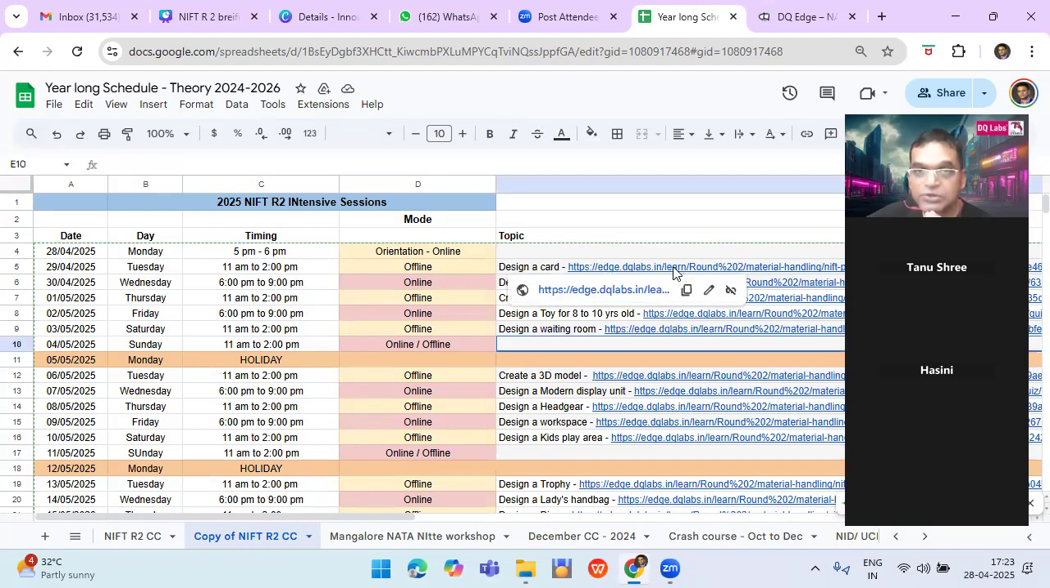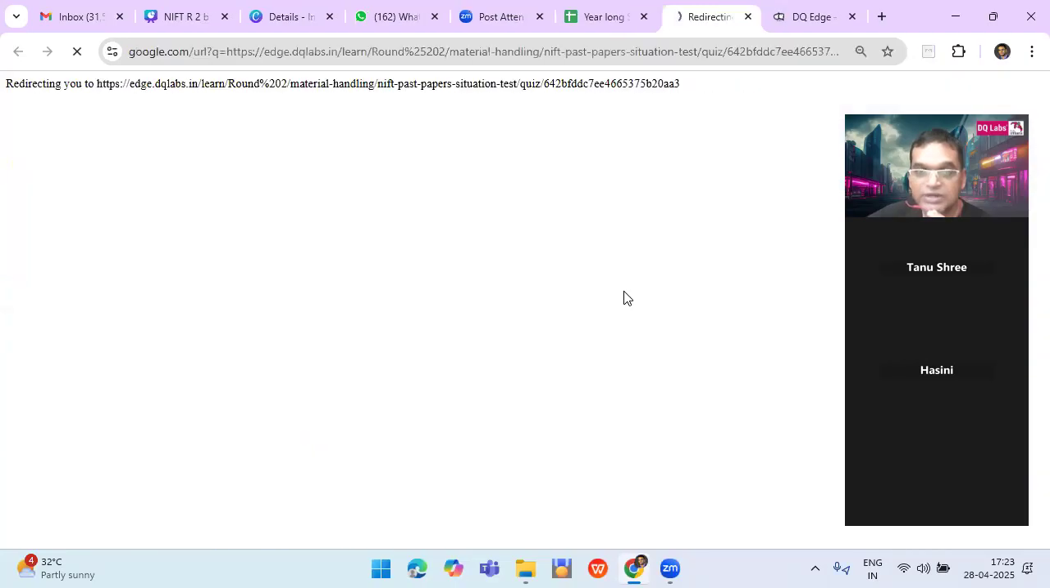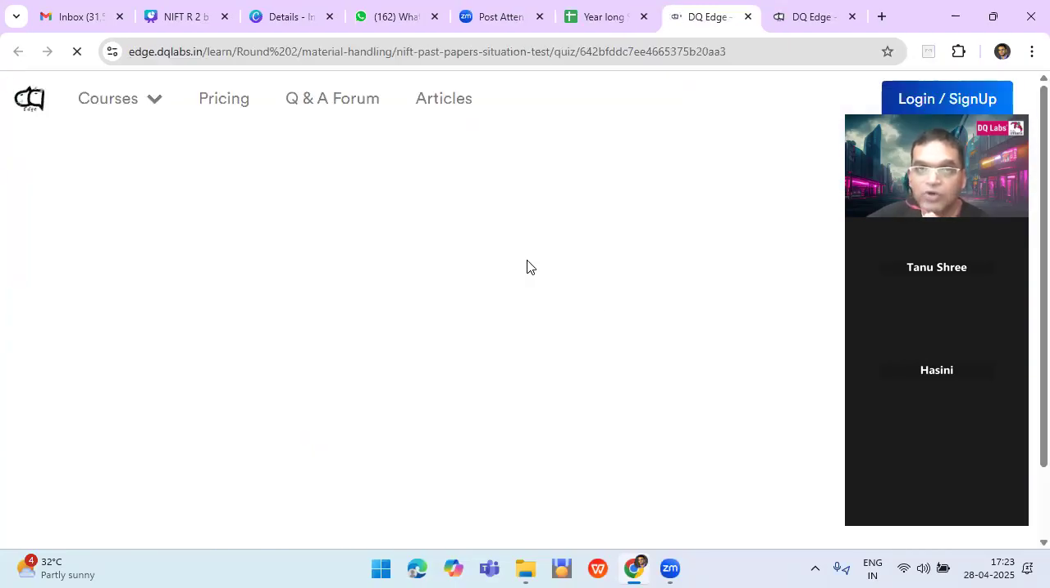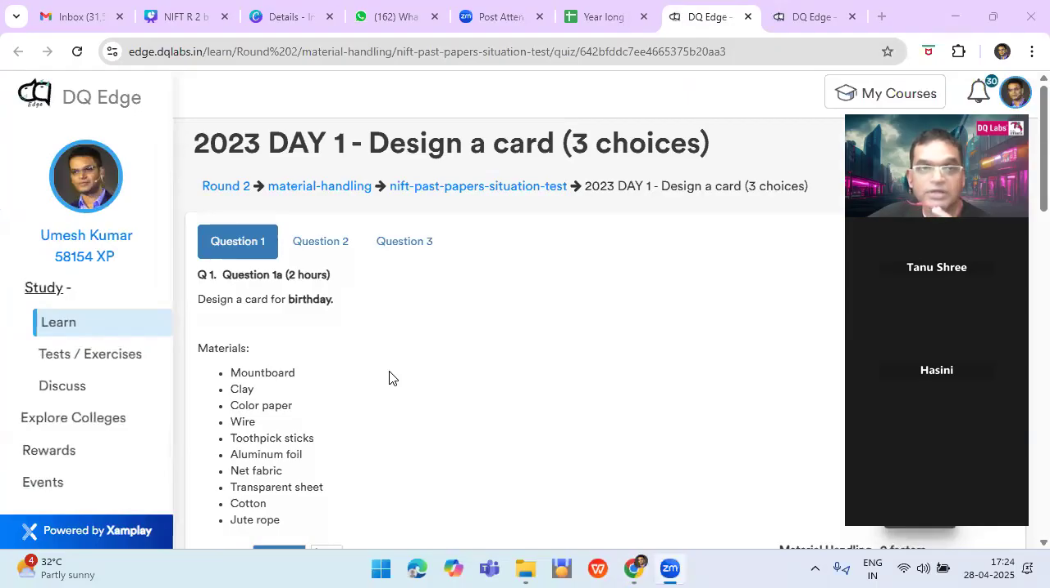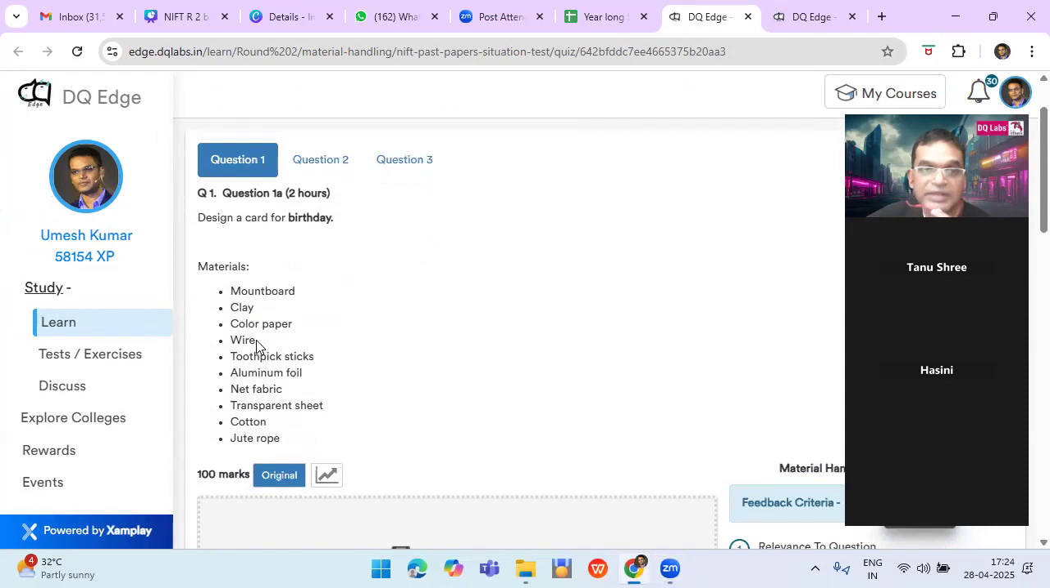Let us just go through one of these Edge links to understand what you would find there. So here it's 2023 day one, design a card. Three choices are given, and it's for 2 hours. Question one, question two, question three. You can choose any one of these questions. And the materials given here are mount board, clay, color paper, wire, toothpick sticks, aluminum foil, net fabric, transparent sheet,